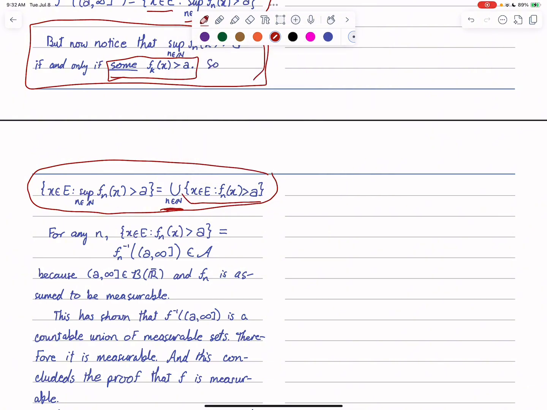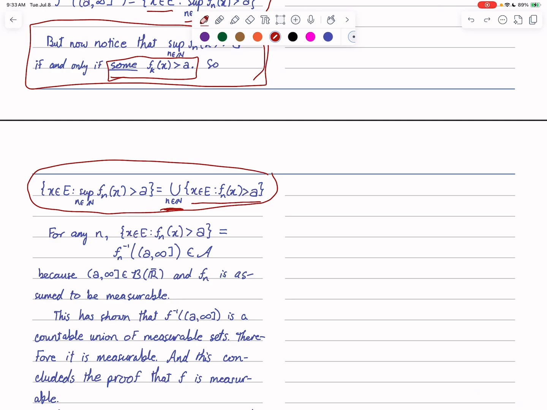If you fix an n, this set is only for the nth function. Here we're saying that there exists some function for which the point x is mapped above a. The important thing is that we have turned this into a countable union,